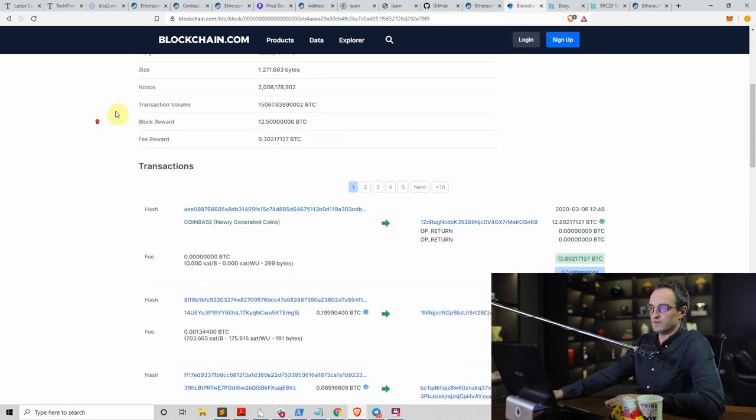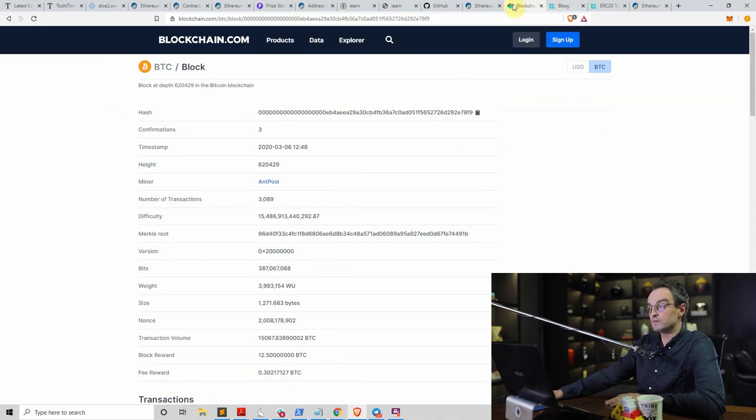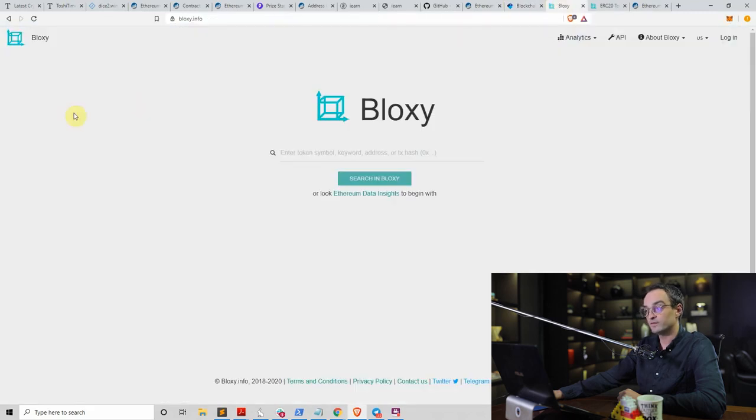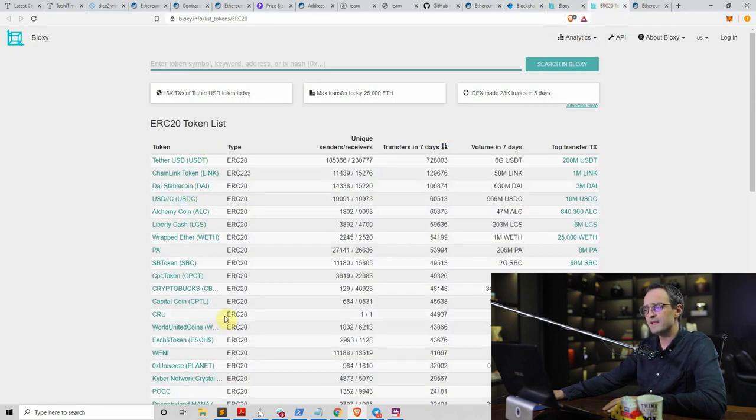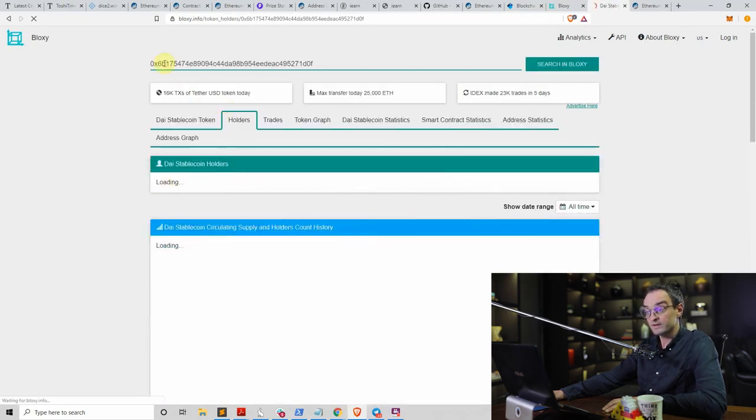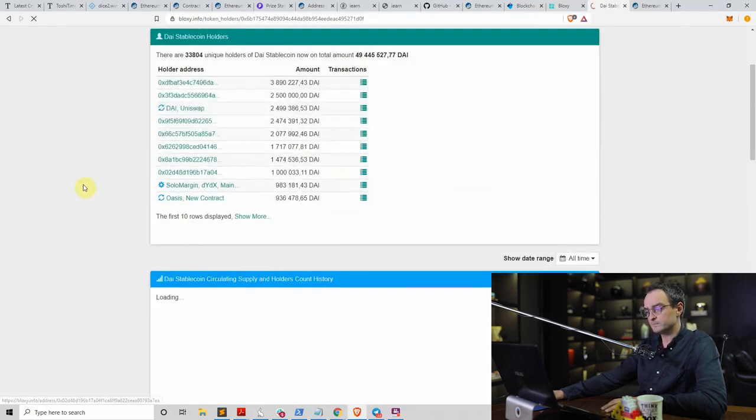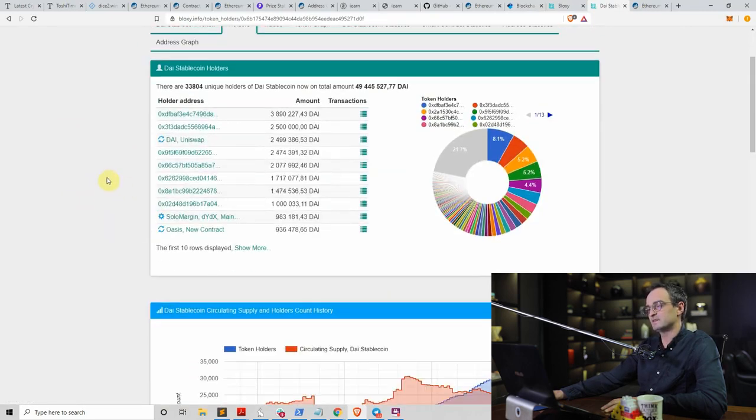But not only Bitcoin has a block explorer, also Ethereum. Throughout this course, we will be mostly interacting with the Ethereum blockchain. Right now, Ethereum is the most mature blockchain for decentralized financial applications. My favorite Ethereum block explorer is Blocksy. This is a more advanced explorer where you can also see data from different contracts. You can, for example, look at the DAI smart contract, the DAI token address, and you can see different statistics